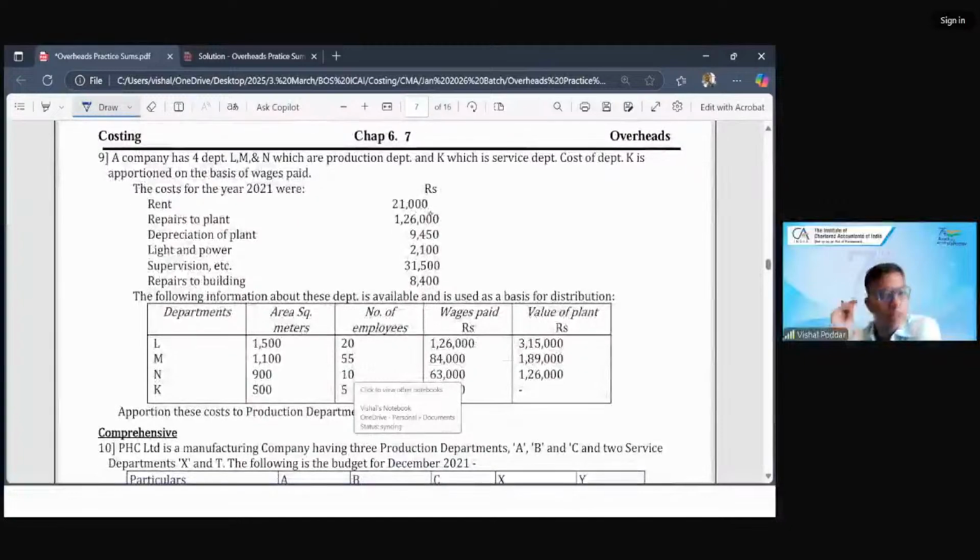Ninth is a simple sum. In this, you have to first do primary distribution, and you also have to do secondary distribution, but there is only one service department K. So since there is only one service department, the secondary distribution will be simple. Only K has to be divided between L and N. Now we will solve this sum,